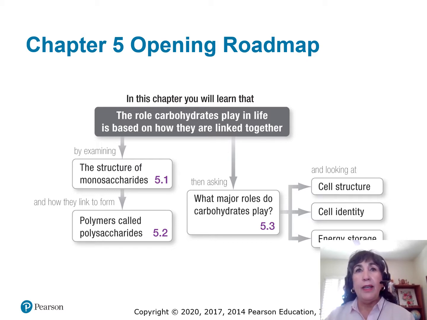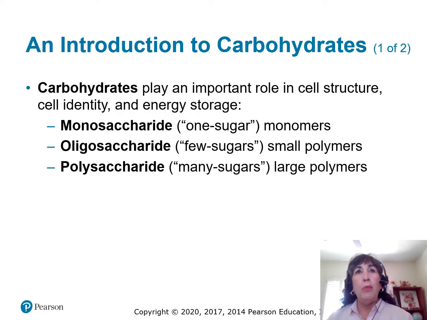Then we'll ask, what major roles do carbohydrates play? And from there, we'll look at cell structure, cell identity, and energy storage. Carbohydrates play an important role in cell structure, cell identity, and energy storage, and we can have them in different forms as monosaccharides, oligosaccharides, and polysaccharides. I'm going to be honest with you, I hardly ever hear the word oligosaccharides, but I definitely do hear monosaccharides